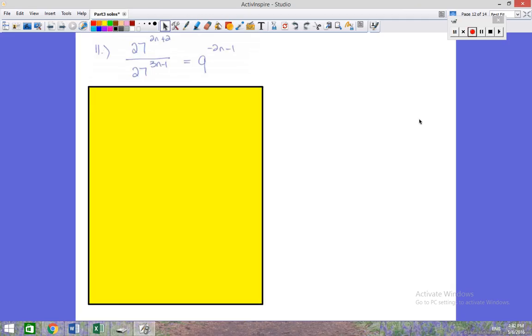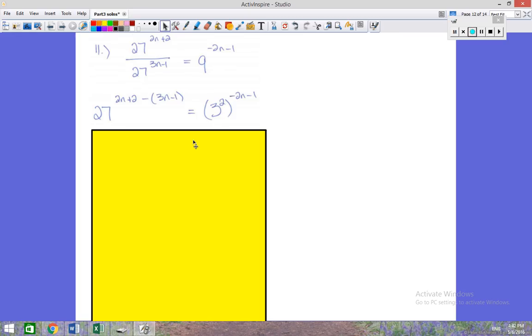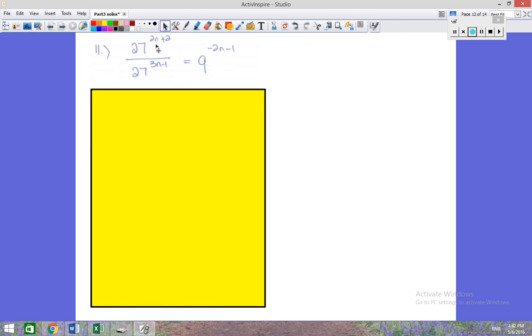In number 11, we have an exponential equation, and upon inspection we've got 27 and 9, so I know that I can rewrite these guys with a base of 3. I know that 3 cubed is 27, and I know that 3 squared is 9. So oh, wait a minute. Let's back up. I could have done that, and I could have jumped in right away to rewrite these bases,